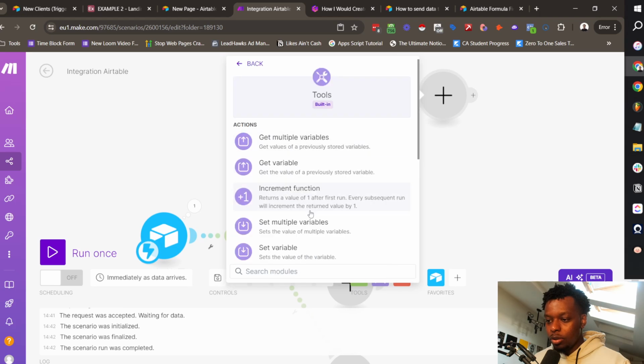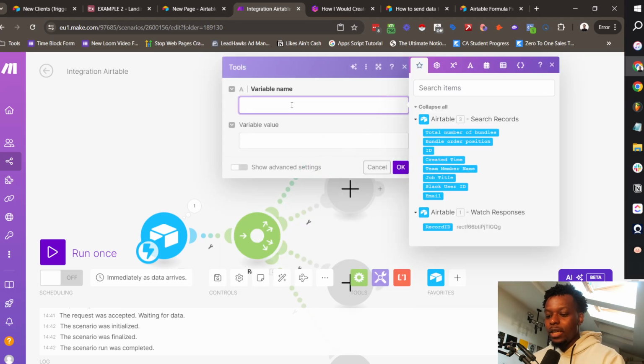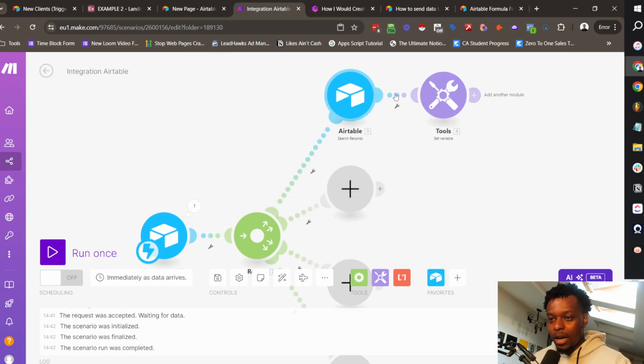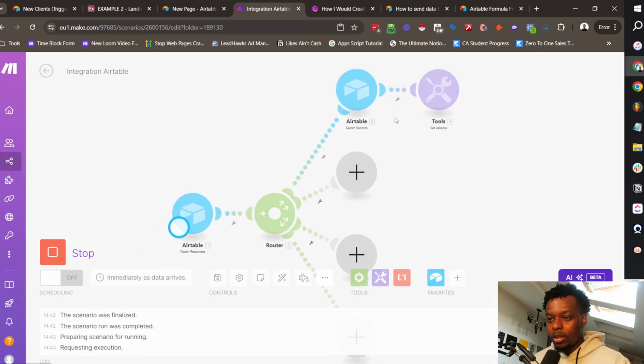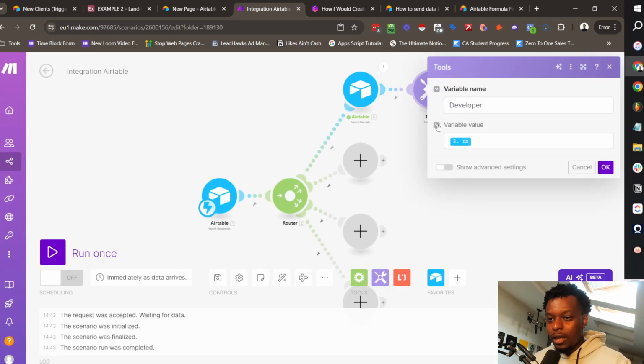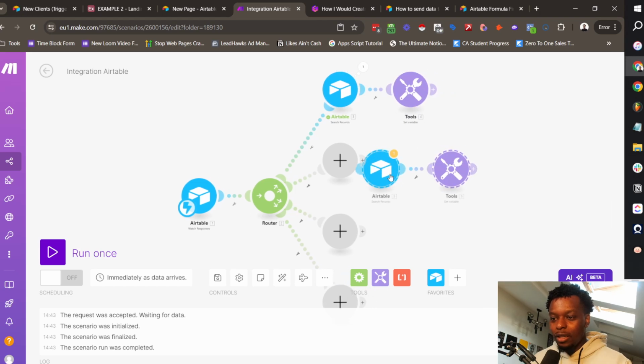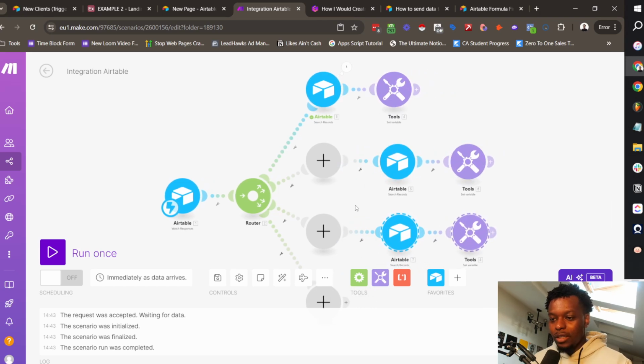So we go into tools, set variable, and this is our developer. And the variable value will be the ID that comes out of number 3 ID. So if we run this real quickly, it's going to give us Joseph. And now Joseph's ID is going to show here. So if we copy and paste these again, and we do this twice, we can get the designer and we